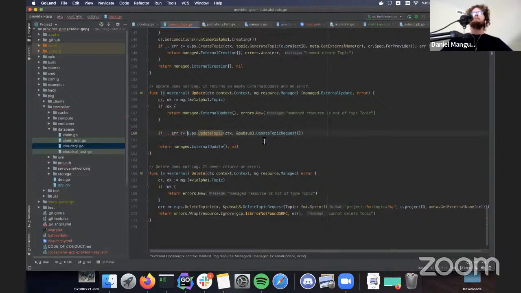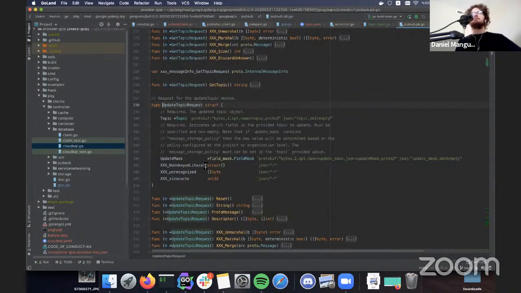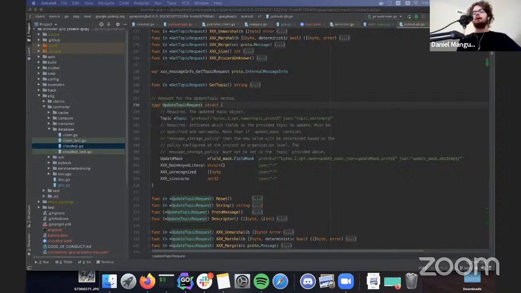That can be more onerous, because you can't just say there is a diff, just send my spec again and ask GCP to make it so. That would be a more declarative approach. Sometimes it has to be more imperative, like update tags on this resource. In that case, your helper methods have to be able to tell you that there's a diff in the tags, or a diff in the Kubernetes version, for instance in EKS, where you have to do a separate call to update the version of your cluster. So sometimes that can be a little bit onerous, and that's something to keep in mind.